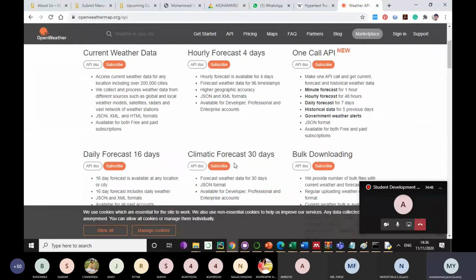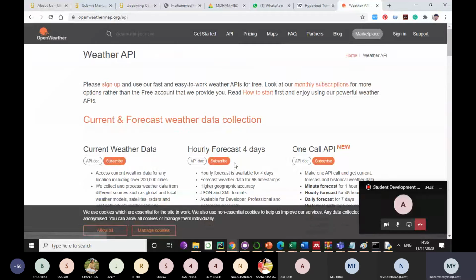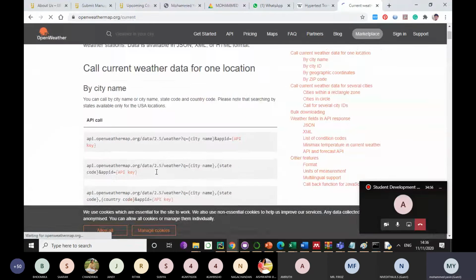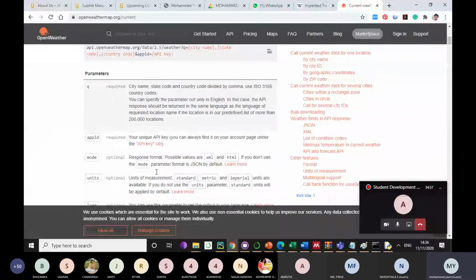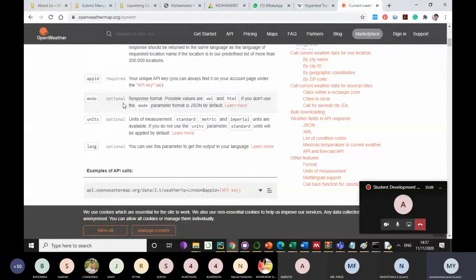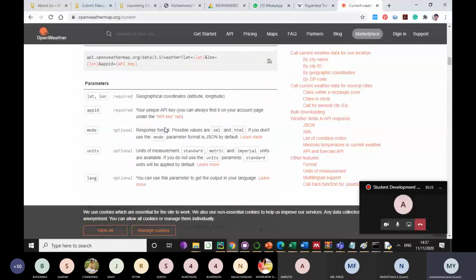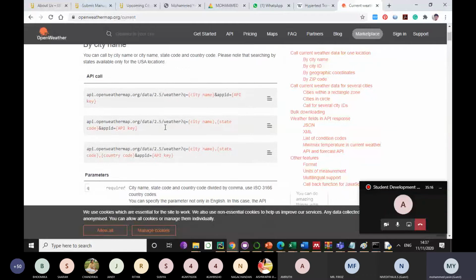Here are the APIs. They have given so many APIs. I'll be using one among them, that is the API doc. If I go, you can see there are so many APIs they have provided us, api.openweather.org. These are called REST APIs, so we need not change anything in them. If I only give the city name, it will take this and give the data to me. They have created an API and given it to us. Let us see how this API works.